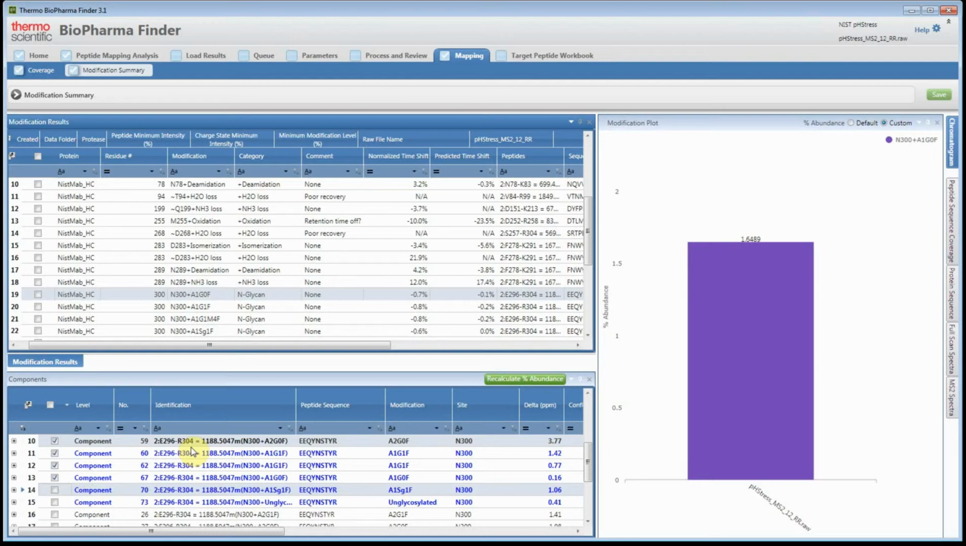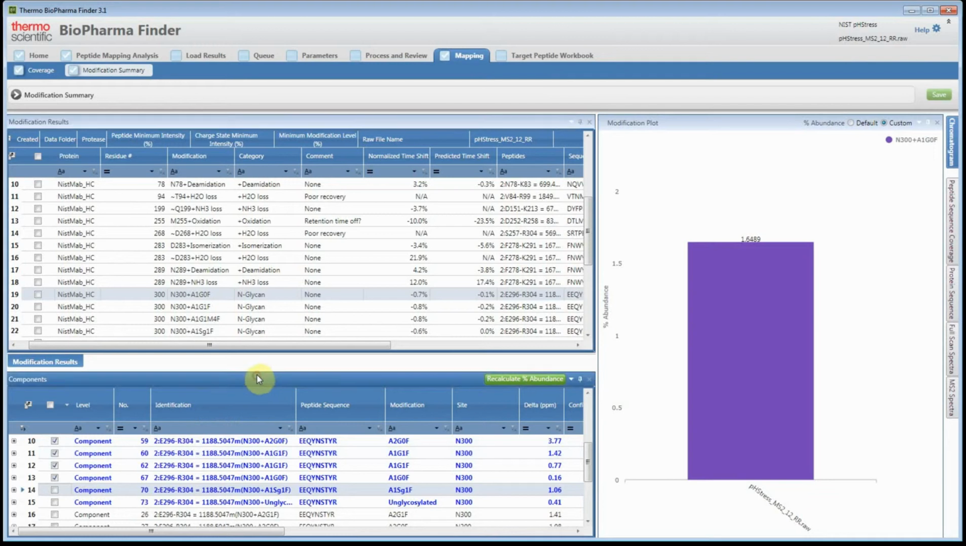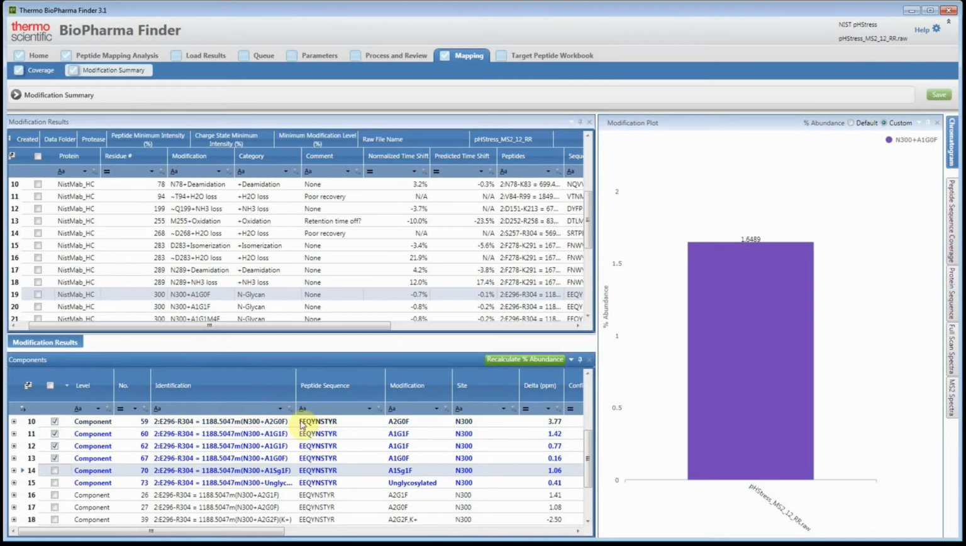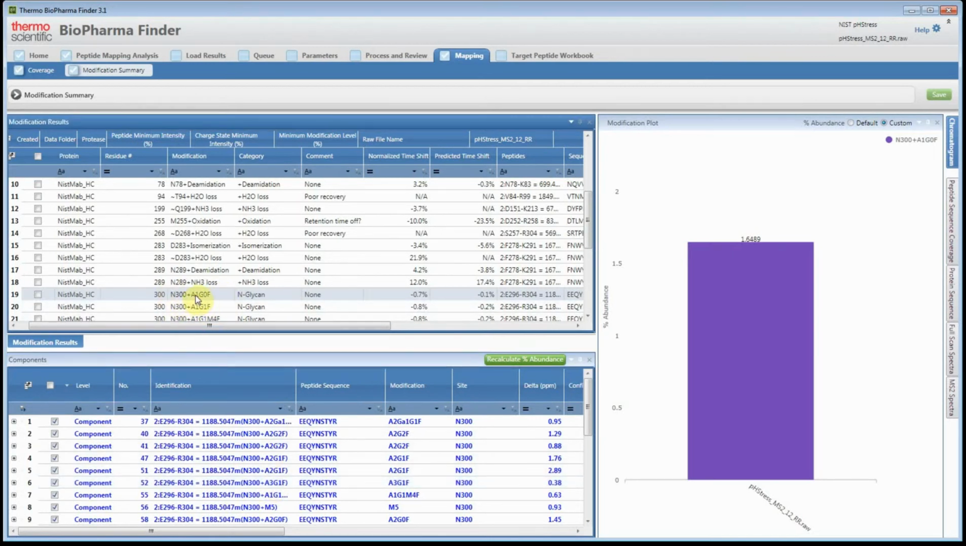In the peptide workbook, you can define what peptides you want to use always, and then you can always go back and search with those specific peptides and specific charge states. Now in the software, when we build a workbook, we can do it many different ways. So I'm going to show you first how we can do it from the Modification Summary, and let's go ahead and do the glycosylation. So we're going to click on the N300 in NIST and the heavy chain,